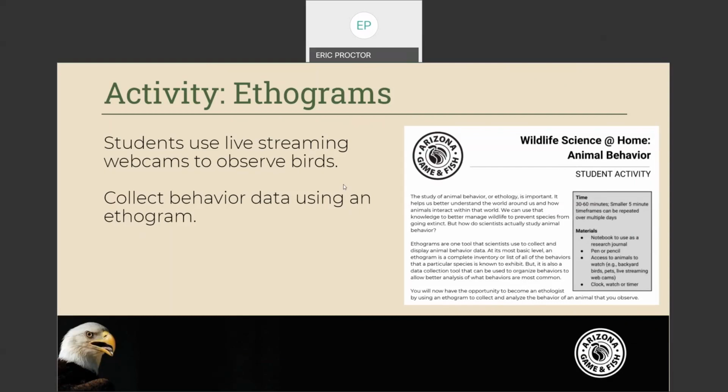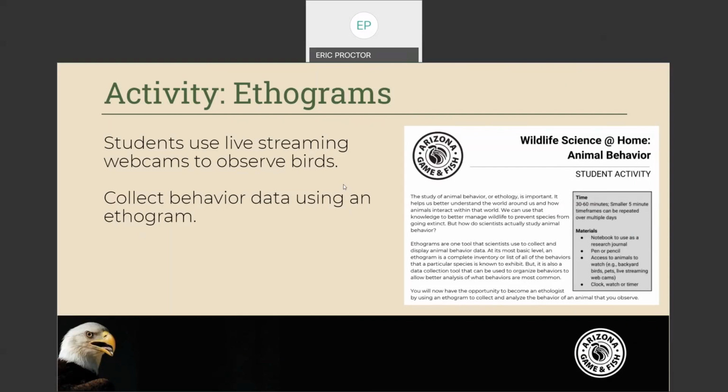You basically document all the different types of behaviors that you're seeing your particular study animal doing, whether it's feeding, preening, perching, walking, fighting, going to the bathroom, whatever it might be. You're documenting all this stuff. This gives us a good idea about how much time we can do time audits and stuff like that. How much time do different animals spend on different things? Well, you can do that. Your students can do that.